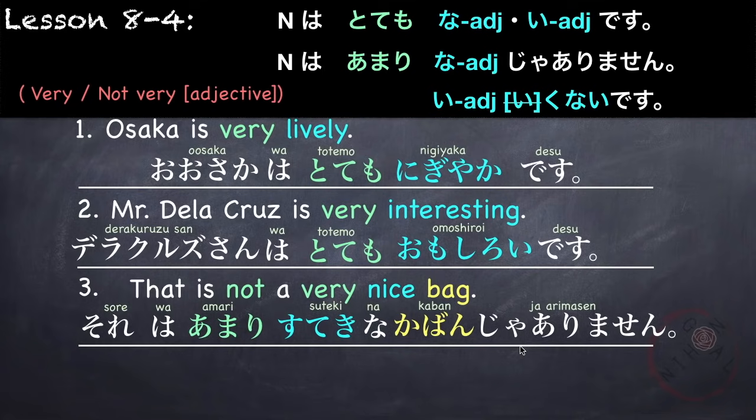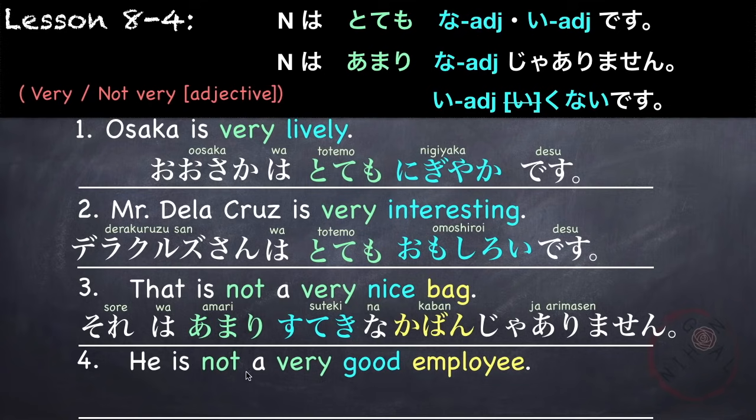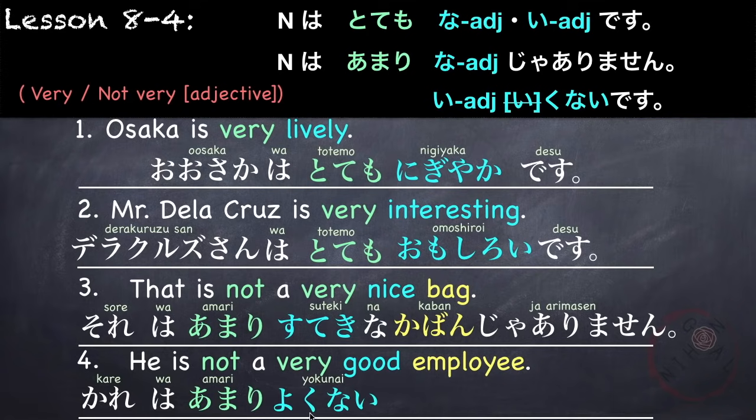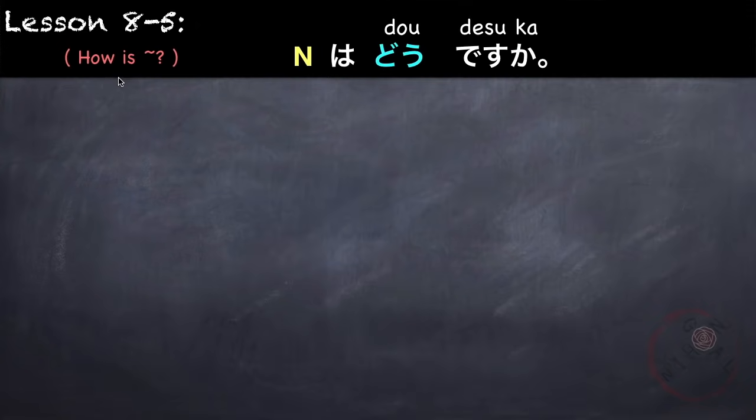Another example is using the negative form of the i-adjective. He is not a very good employee. 彼はあまり good is いい, but we use the negative form of いい which is 良くない, followed by the noun employee which is 社員 and end it with です。彼はあまり良くない社員です。